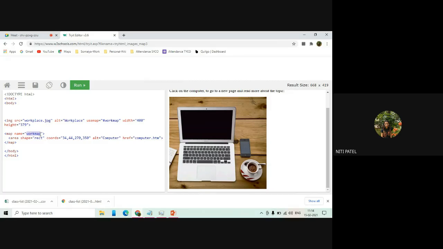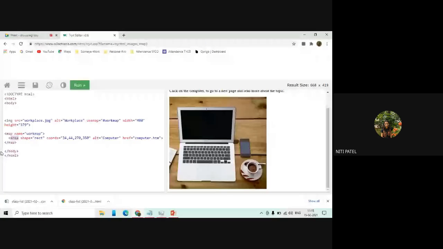So along with that I have to make use of an area tag. एरिया टैग को क्या बताना है कि शेप रेक्टेंगल है, उसका कोऑर्डिनेट्स क्या है 34, 44, 270 एंड 350. अगर ये इमेज डिस्प्ले नहीं हो रहा है तो उसका अल्टरनेटिव टेक्स्ट कंप्यूटर होना चाहिए और वो कौन से पेज पे लेके जाना चाहिए, computer.html पेज पे लेके जाना चाहिए. So to go to this particular page, I have used the href. Why? Because when I want to give a link, I have to give a link with this href. Okay. I have closed the map tag over here, which was opened over here, and your area tag should always be inside the map tag. Close the body, close the HTML.